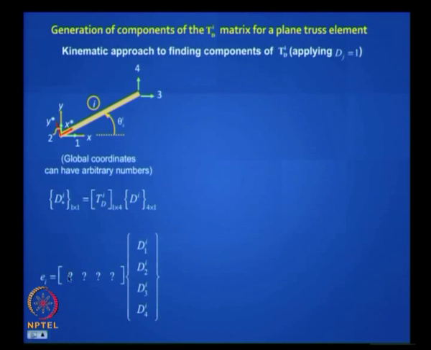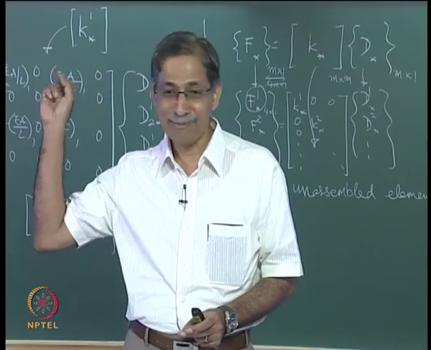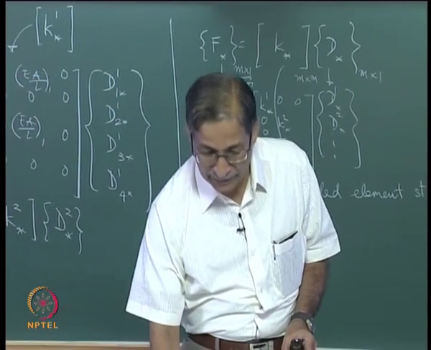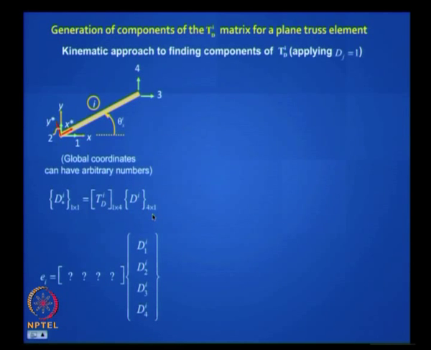So the elongation due to di1, actually this I can be removed, it can be just d1 because it is a global thing. How much is that? So you needn't put I here, okay? This I can be removed, but it is linked to the other I in the conventional stiffness method. Okay, what are these values? How do you work them out? Well, let us do it from first principle. You put d1 equal to 1, okay?